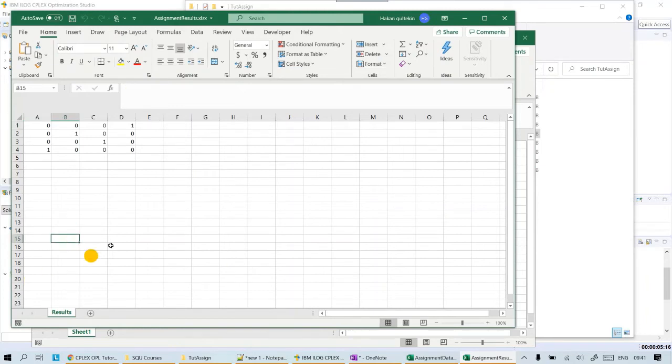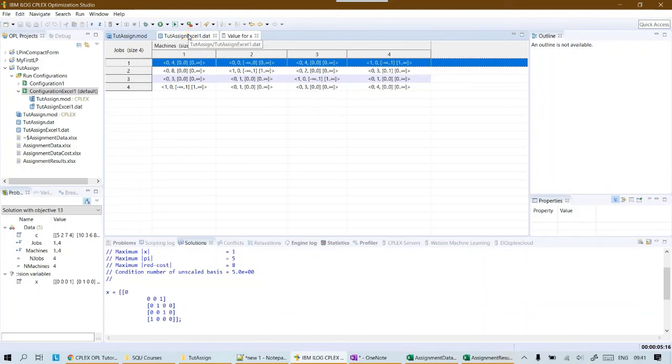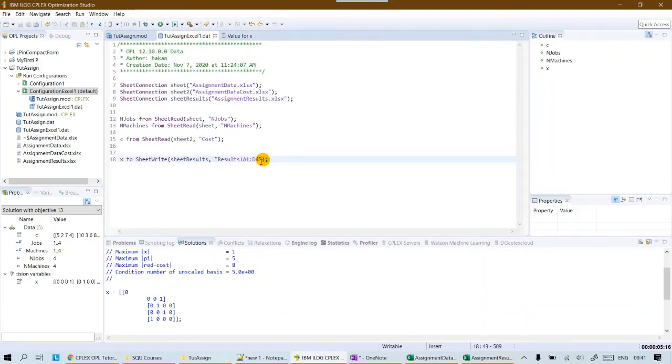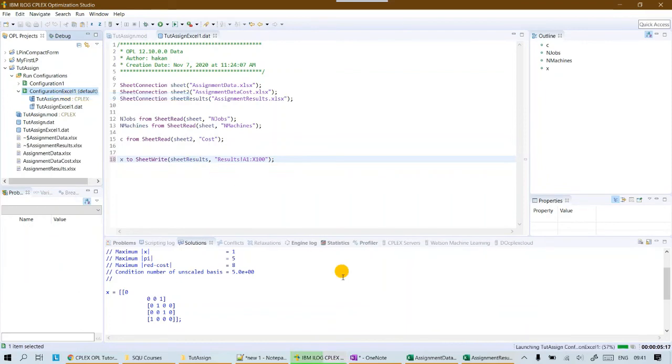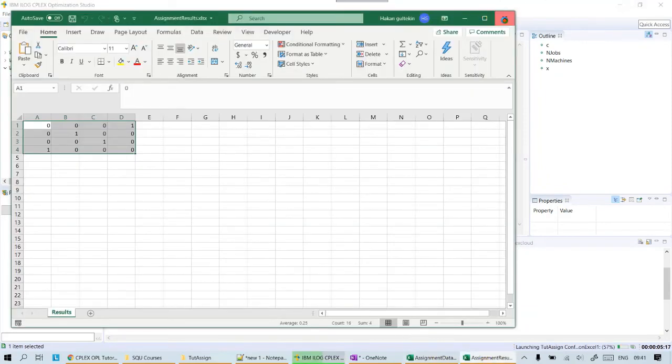As you can see on this sheet 1, the results are written in this format. Okay, now as I told you, instead of giving A1 to D4, you can say this is A1 to X, let's say 100, a larger range, and even if it is not square. Okay, and when you run it, of course after closing the Excel file,